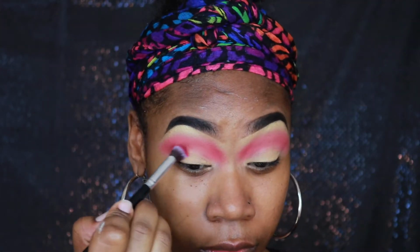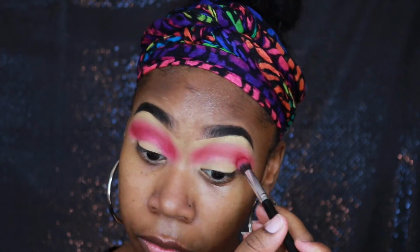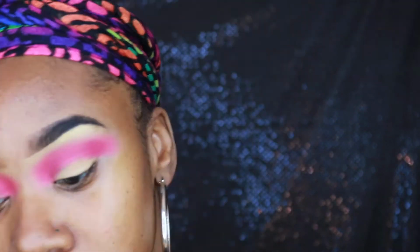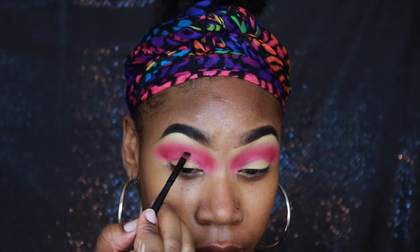So then I go in with the Zulu palette with this supposed to be red color, but yeah, it's not showing up as red, but it still looks good, so we're gonna keep going. So I'm gonna go in with that, and then I'm gonna go back in with the Saharan palette because